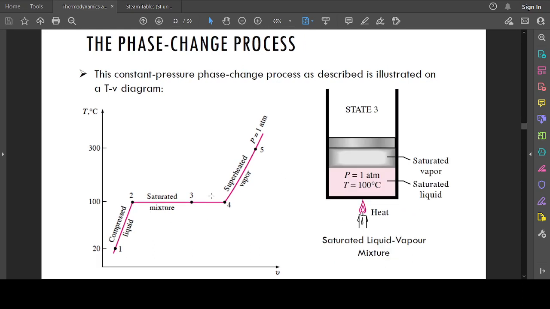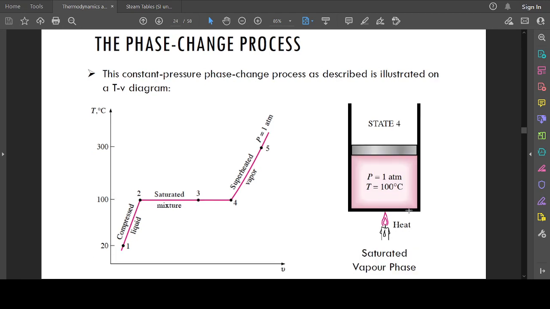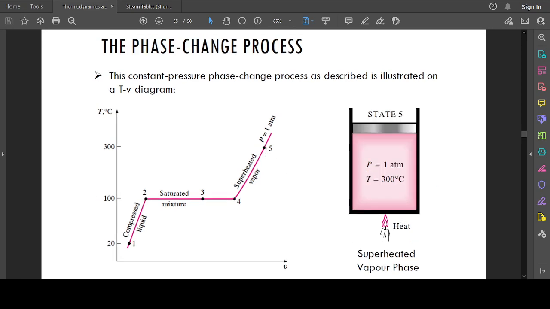Then stage three, which is already identified, this point here. The region between two and three is referred to as stage three. Now at point four, this is the saturated vapor phase, and at point five, it is the superheated. Anything from point four to point five is referred to as superheated, and anything above, as long as the